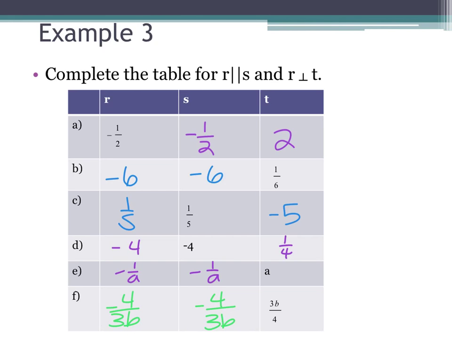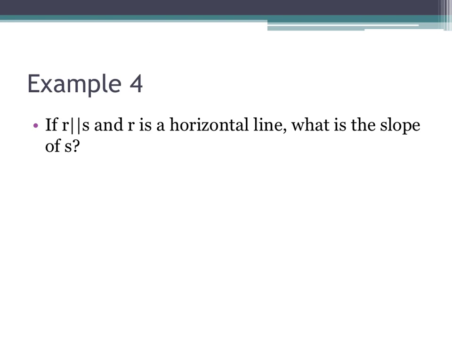Questions on any of those? All right, this one says, if R is parallel to S and R is a horizontal line, what's the slope of S? So what do we know about the slope of horizontal lines? It's 0, and if they're parallel, it's the same. So the slope should be 0,